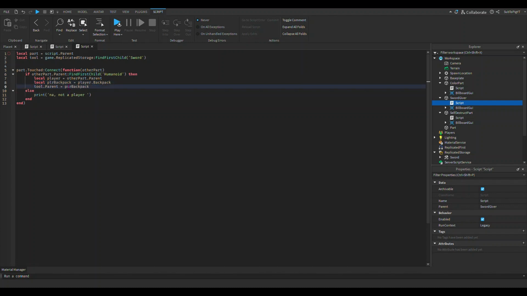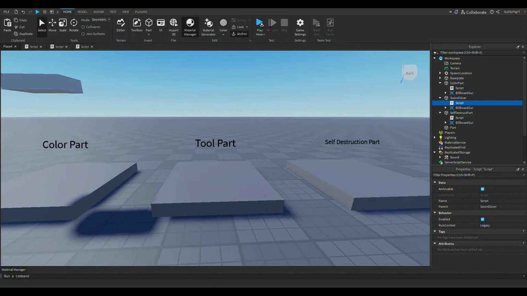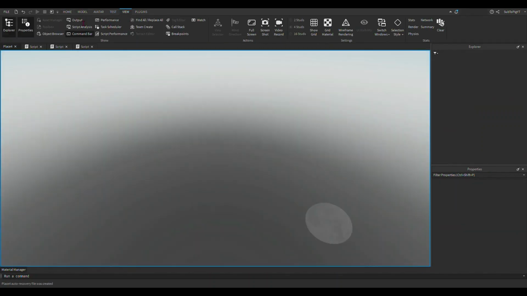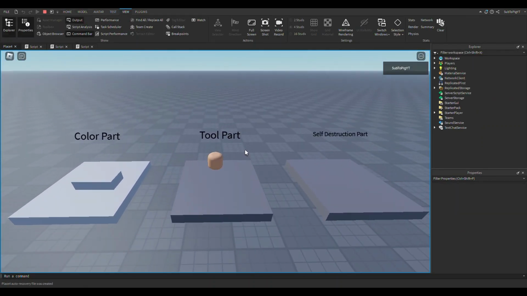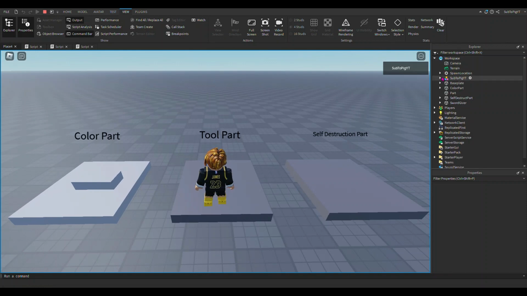Player backpack. Play here. View output. I'm not sure why this is not working. Backpack is not. Are you dumb? Are you dumb? Oh wait, works. Okay, I'm dumb. Okay, to do this,